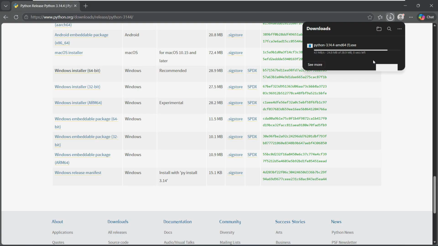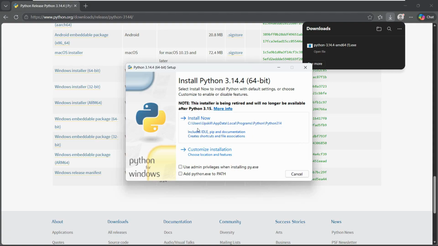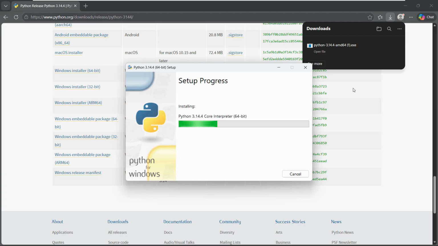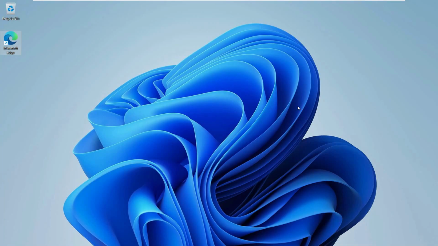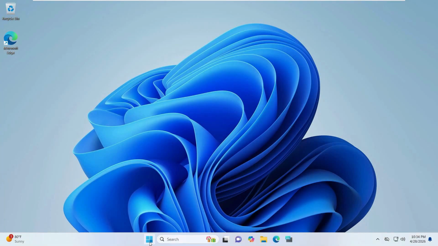Once that is complete, I'll show you the further process. So once that is complete, we click on open the file, and before even proceeding, you just click on these two check boxes. Make sure both of them are checked and then click on install now. It might take some time to install, so just sit back and relax while it completes that. And once the installation is complete, we close out of here, close the installation as well in the browser,